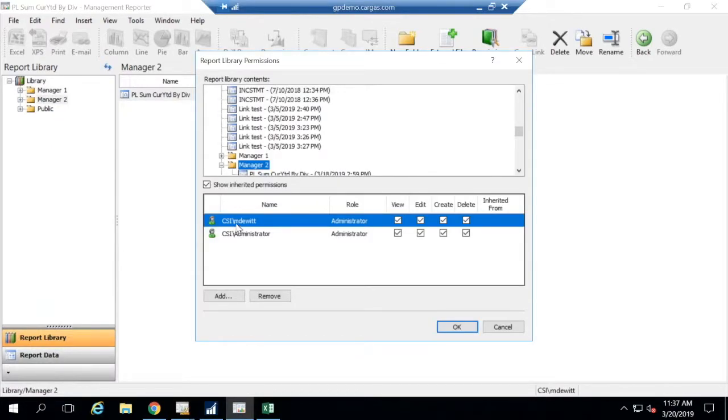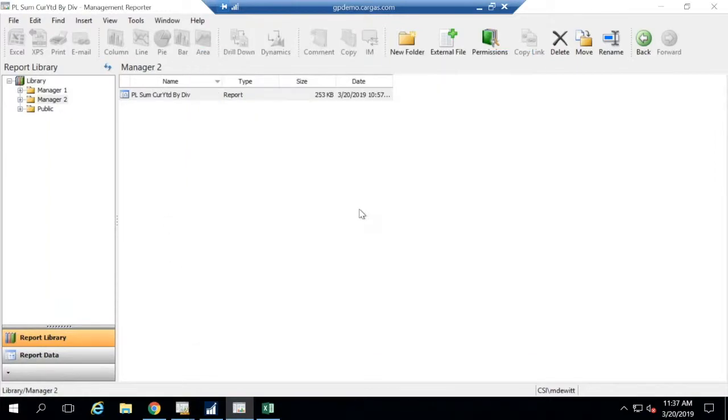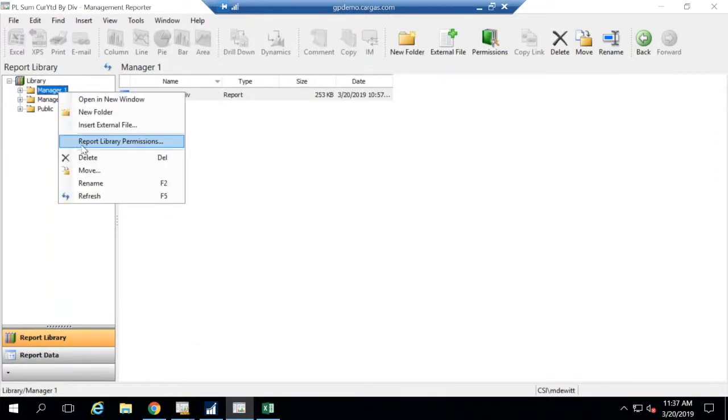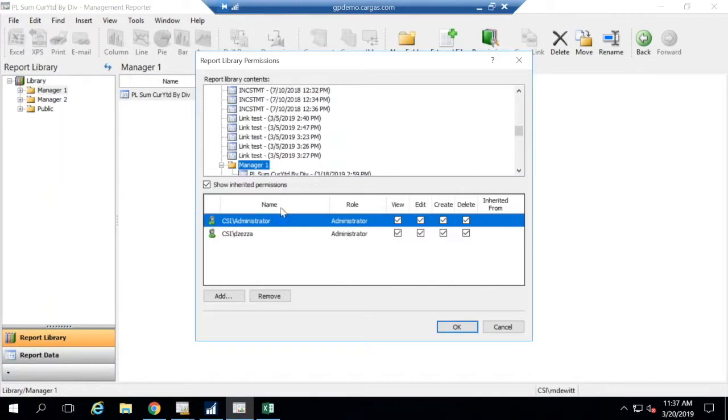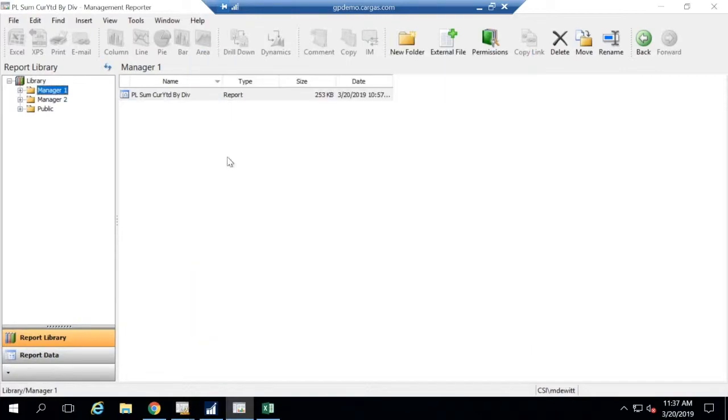And I set it up, this is me at Cargus, and administrator. Okay, so I ran this out to be my folder, as I'm a manager here. You could set up Manager 1 to be a different user. So I have a coworker, Dave Zeza, and I've set him up to be Manager 1. Any security that would be to Dave could be visible there, and if it's mine, then it would